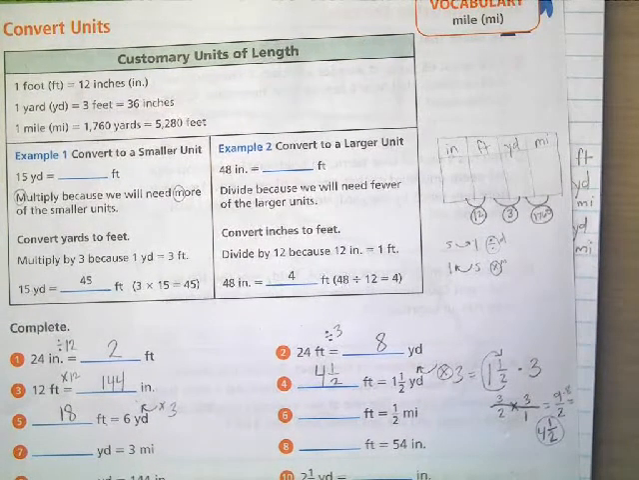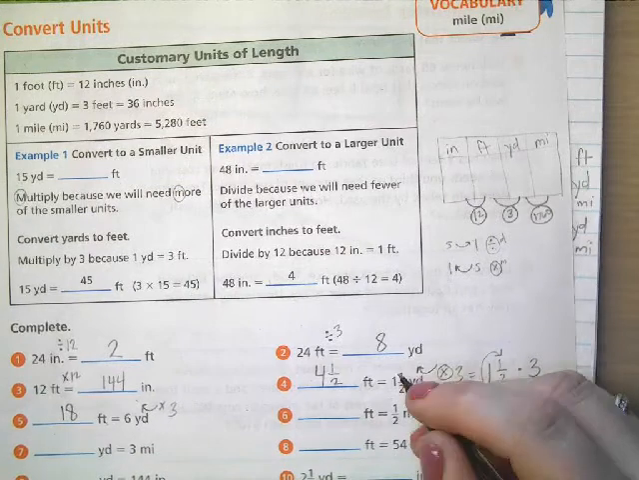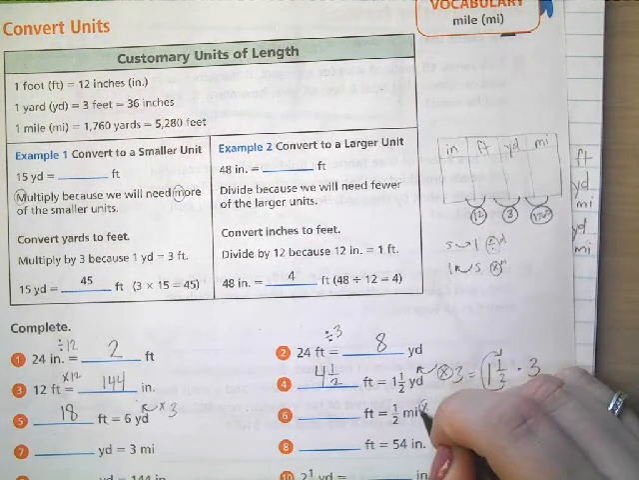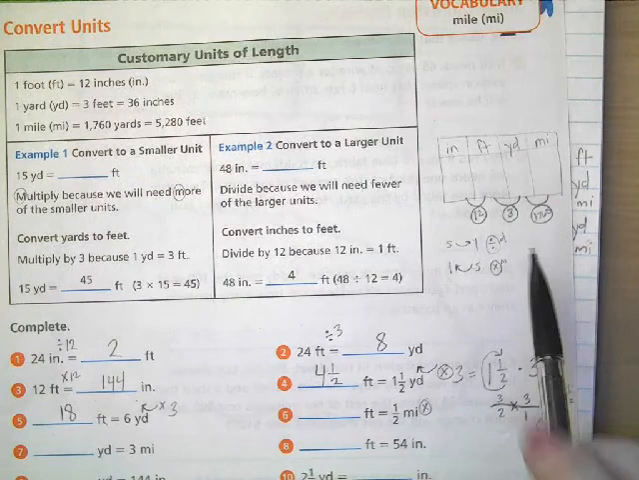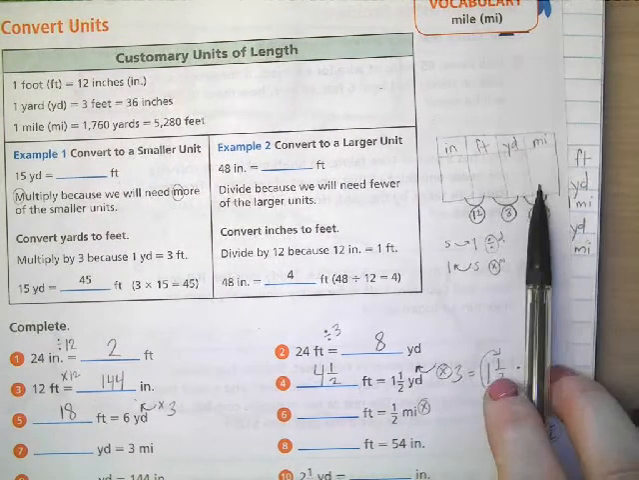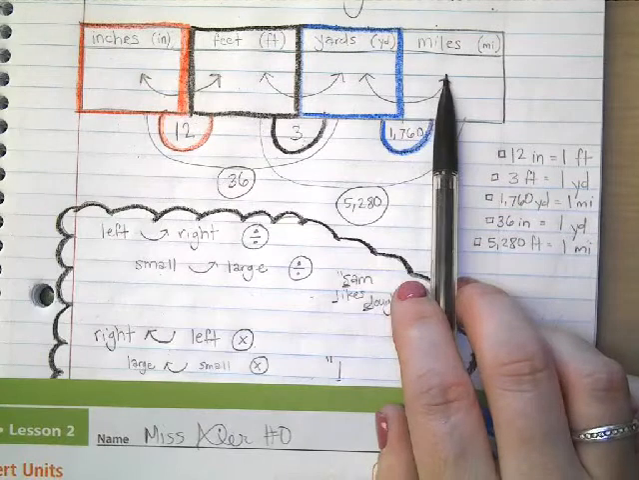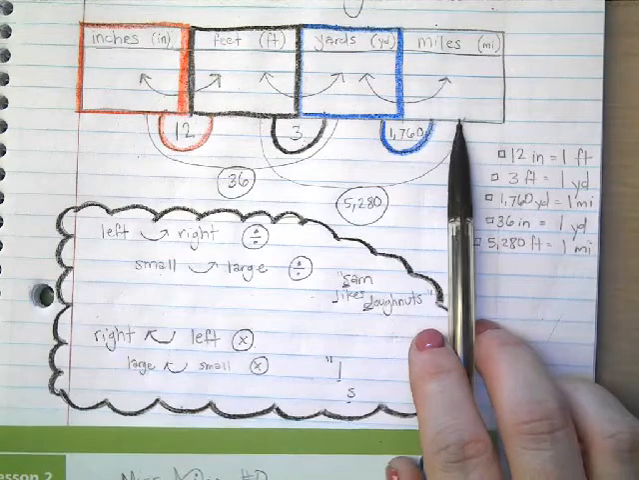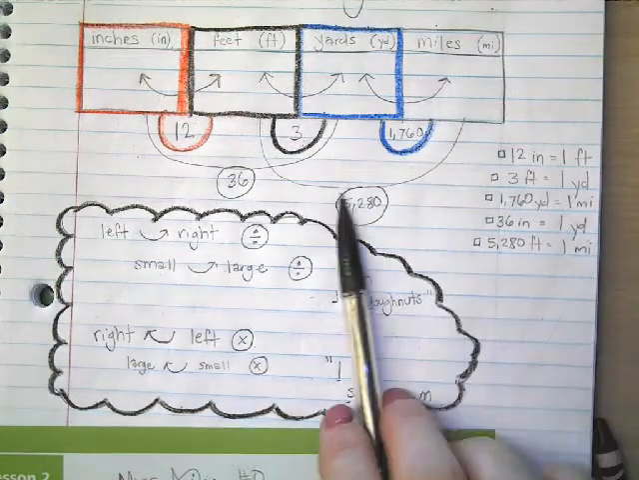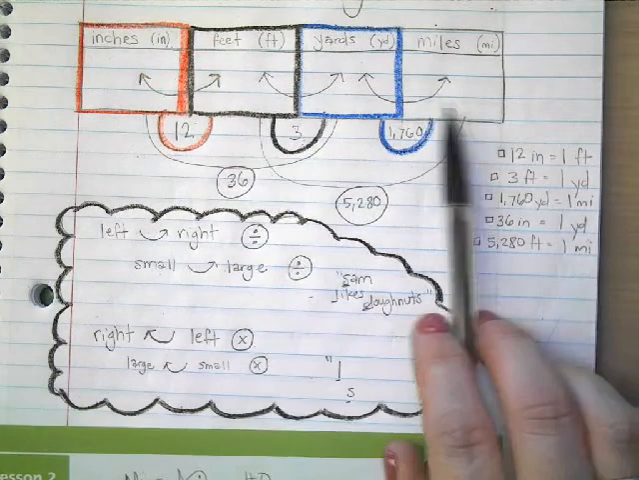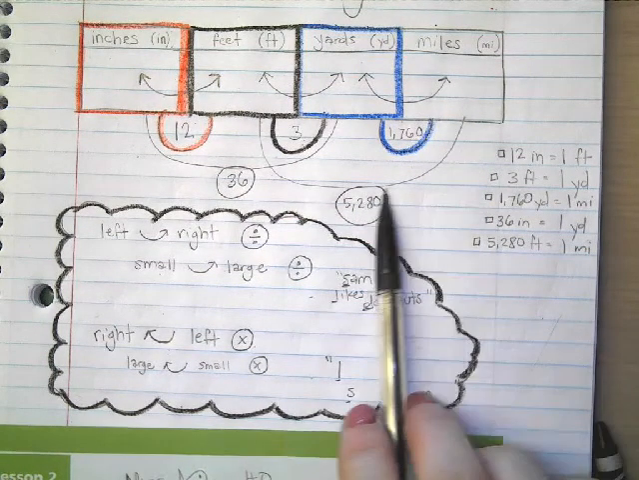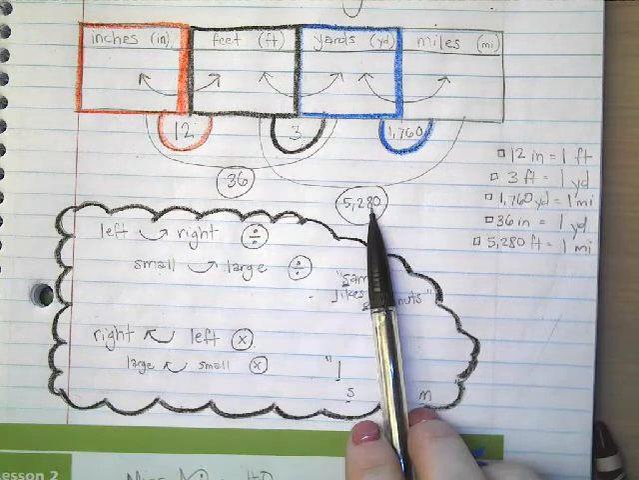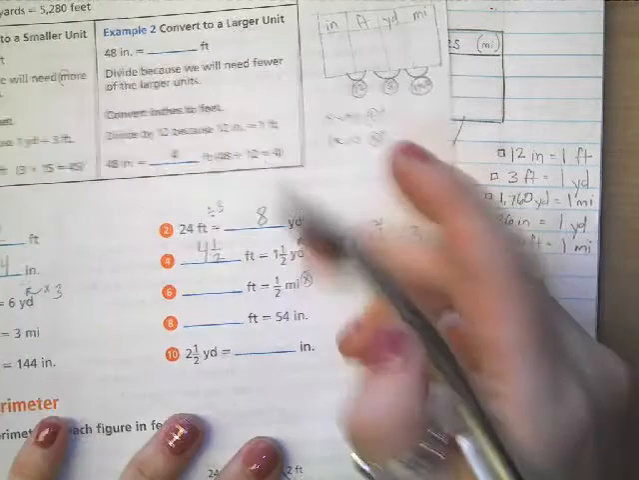And then we have to determine what number we are going to multiply by. We're going to take that 1/2 and we're going to multiply by miles to feet. Miles to feet is a big jump. Remember this? Miles to feet. So we're following this line, the big line, which would be 5,280. So I am multiplying by